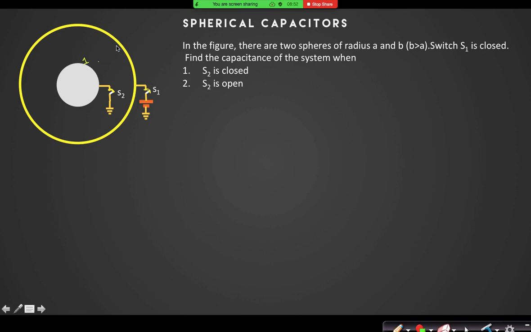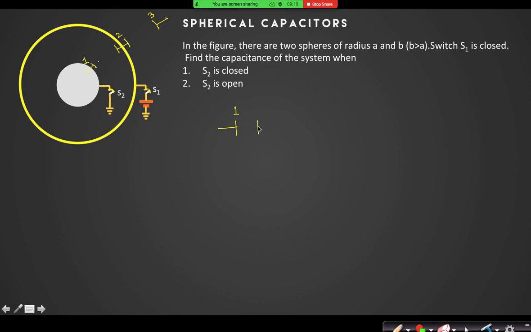Can you see that here, if I name this plate to be 1, this side of the plate is 2, right? And that infinity the plate is 3. Can you see that there are 2 capacitors lying here? Yes. So I can say that the plate 1 is the surface of the inner shell.